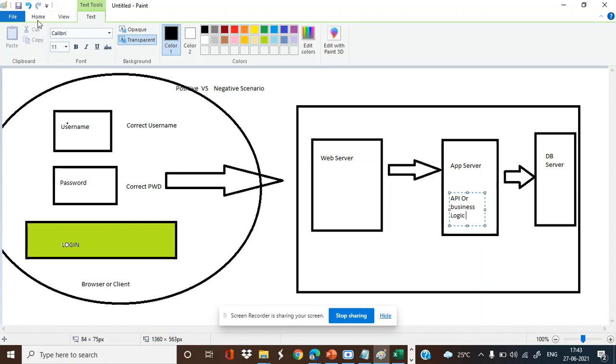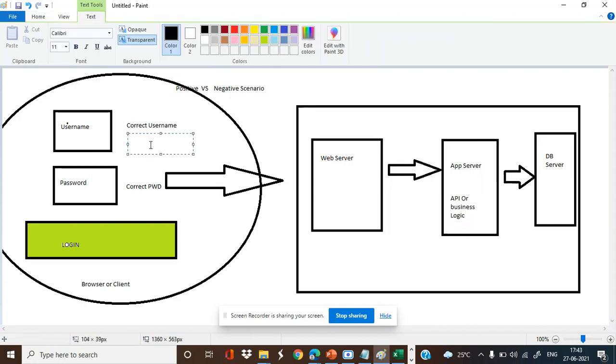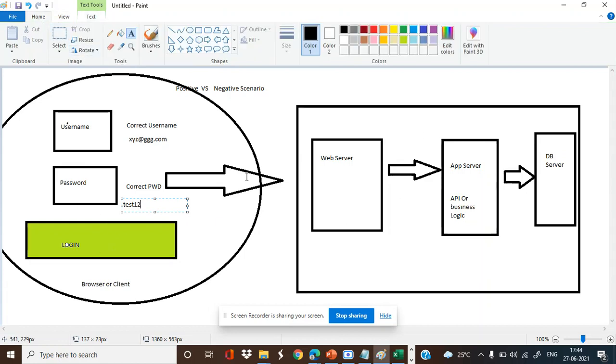Suppose you ensure there is some kind of DB call needed, whenever you are entering any user detail, the details will be stored in the database, and it needs to be matched with the database record. Suppose you entered your username as xyz@xyz.com, and your password is test2. Okay, so when you enter the login, it will be processed to the web server. In the web server, again, it will be called to the app server to find the business logic, because in the app server, it will first of all validate all the things like whether